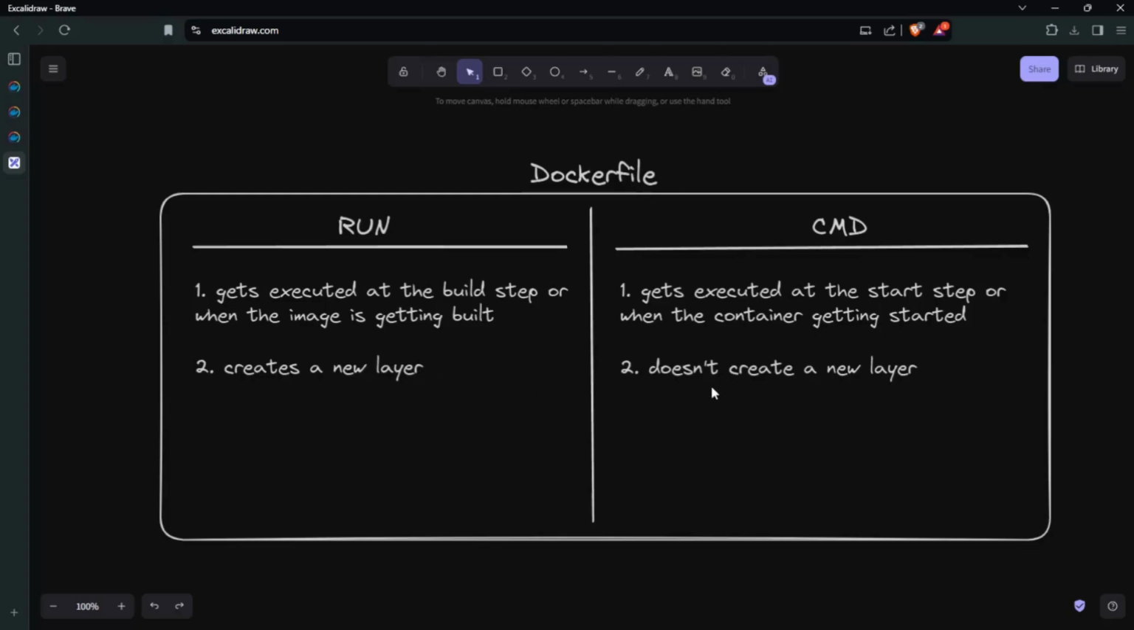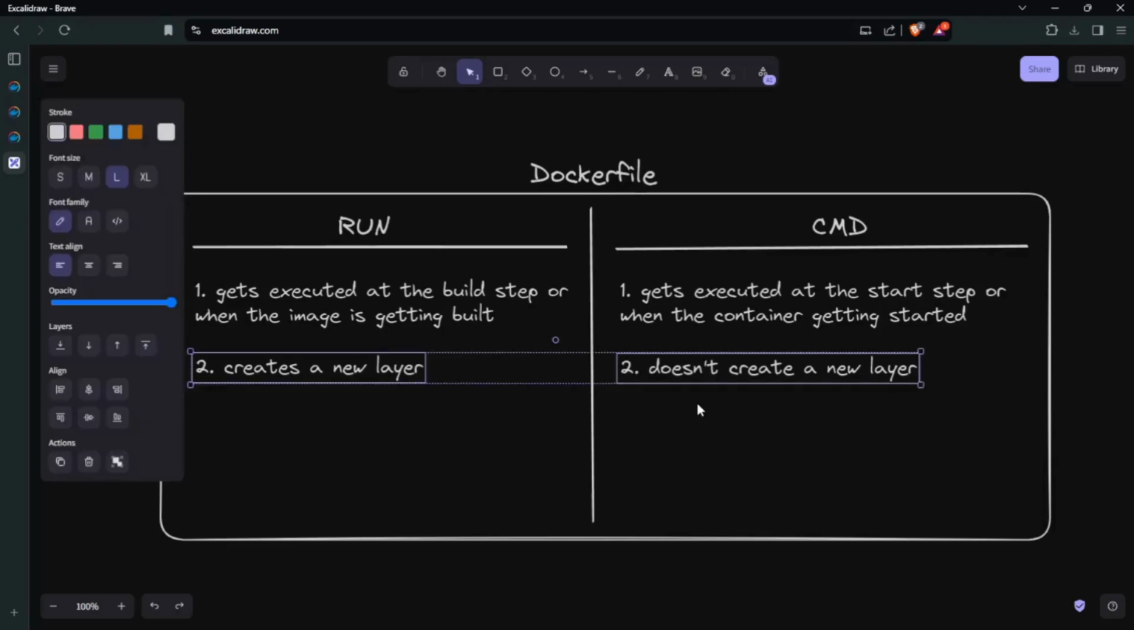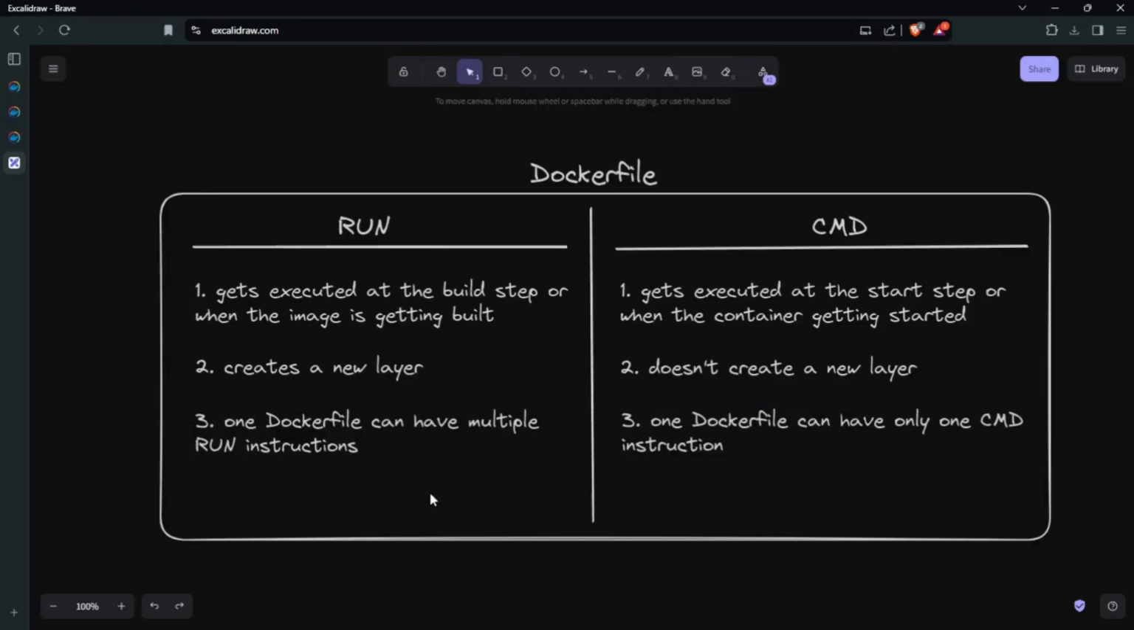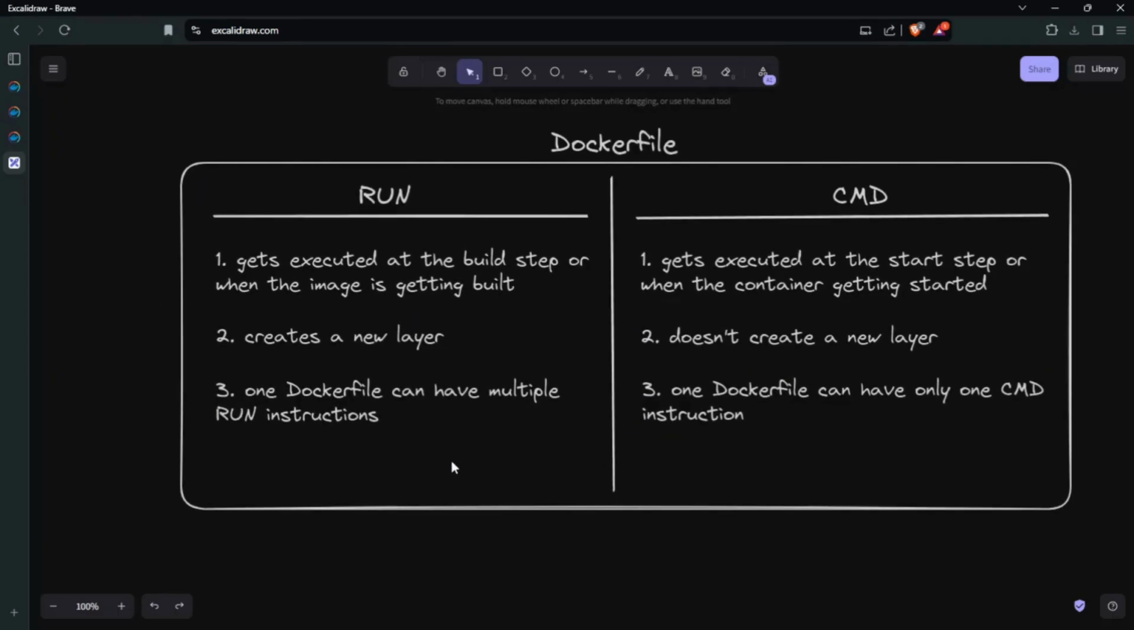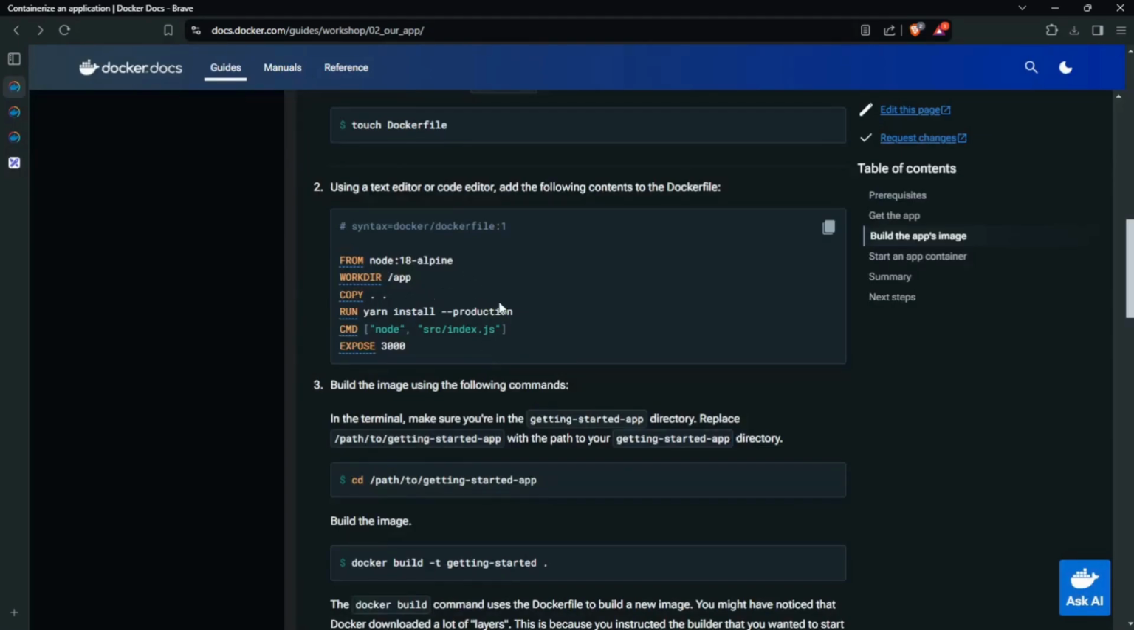Okay, that goes good. What's the next one? RUN instruction. One Dockerfile can have multiple RUN instructions. For example, do they have it here? No, but I don't think so. Yeah, they do not have it. But let's say,